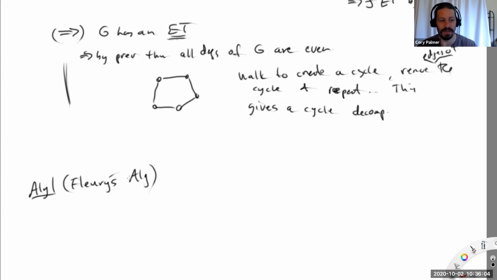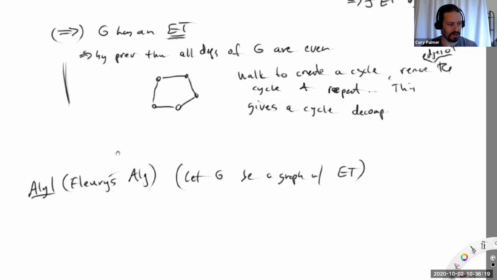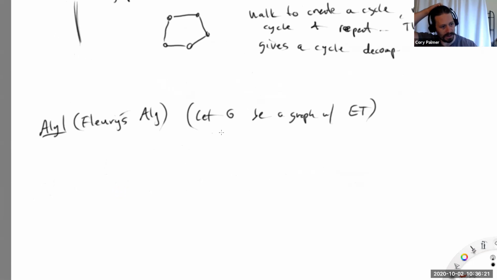So you can check if they're even, and then you know that you don't find it, but you know it exists. Okay. So anyway, I'm just going to put in parentheses: let G be a graph with an Euler tour, but you can certainly run this on a graph without one. Just to make the proof clearer, we'll assume that it has one and just see that it actually produces one. Okay. So the algorithm: we start with an arbitrary vertex V in the vertex set of G,